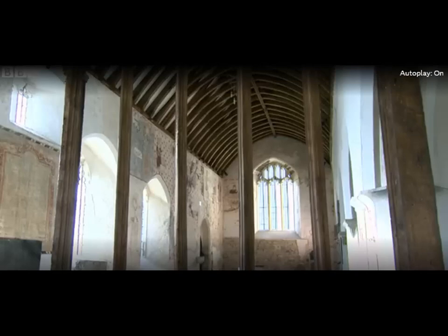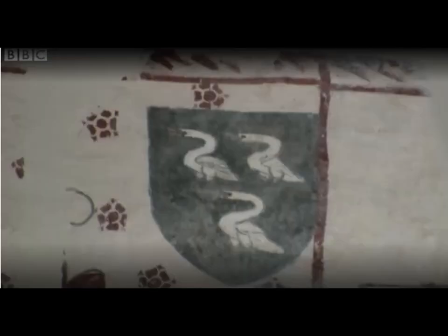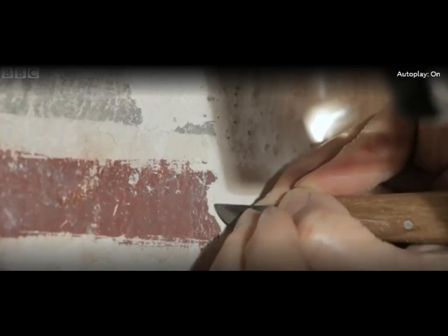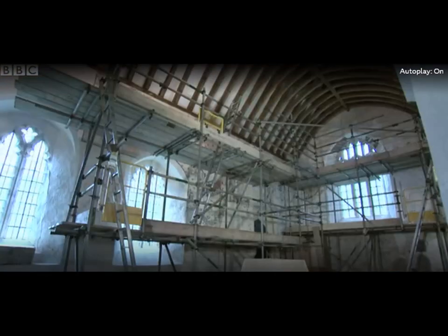We've got up here the mortar, the lime mortar being added to fill in some of the gaps. We've got some of the red ochre being used here. We've got the wonderful lady, the king here, and the queen behind, a tower, all these roses, and then the Virgin Mary over here, and the conservators on the scaffolding restoring this, and you can't allow any further deterioration of this, so we've got this wonderful lime mortar being used,